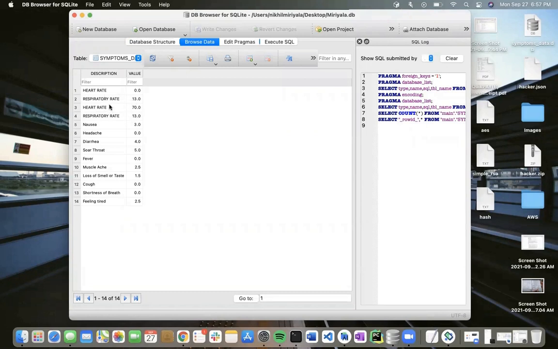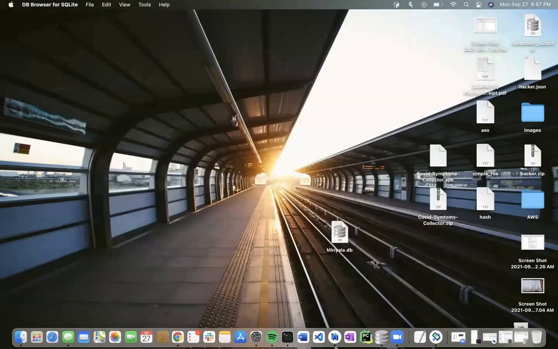The respiratory rate, I've clicked on the upload signs button twice, it looks like. Before I uploaded the values, the initial heart rate value is 0. The application doesn't have any constraints on this name, so we can have as many values as possible, and as mentioned in the class, it will be used for training data going forward. We have different values, and the ones that are not selected are retained as 0 values. So this is it with the SQLite values of the application, and that is it with the main application.